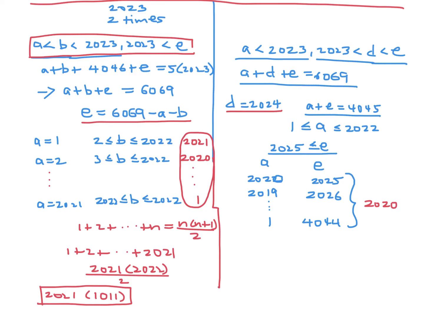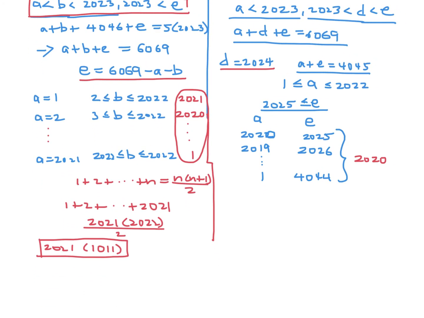And then very similarly, you got to go through this again. But this time, for D equals the next one, which would be 2025. Let's make an A and E list again. Again, A, in this case, same thing, I think. It's between 1 and 2022. And then same thing that E has to be this time greater than or equal to 2026 in order to make this inequality up here true. So if I make my A and E list,